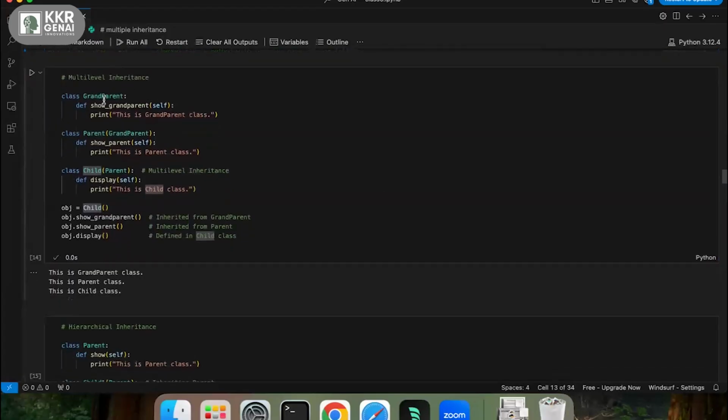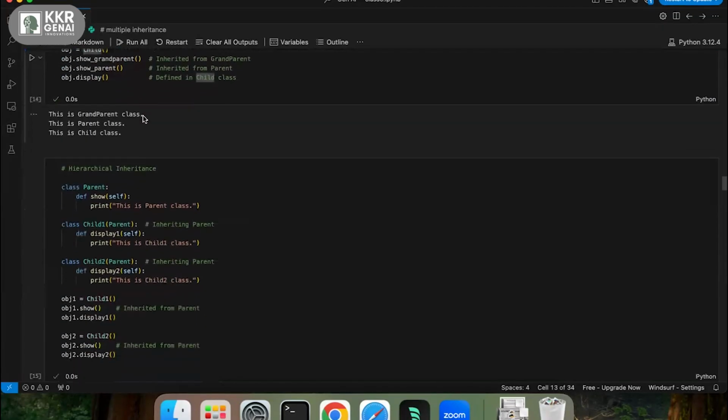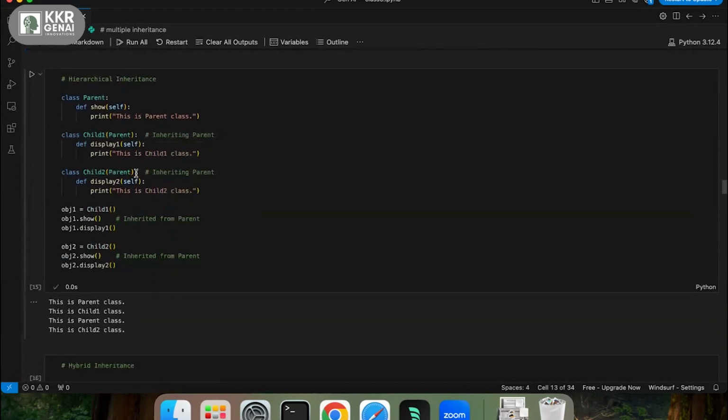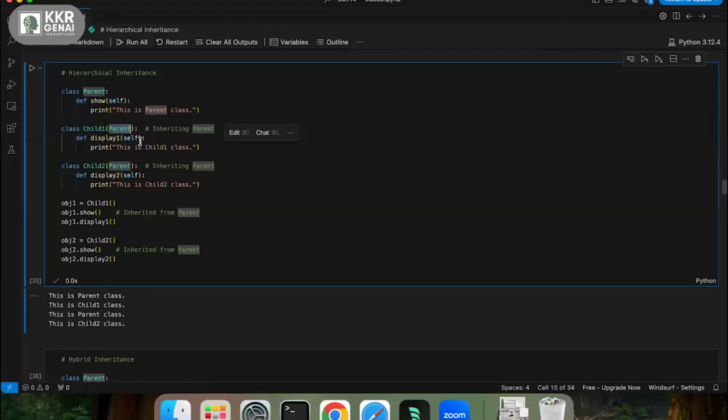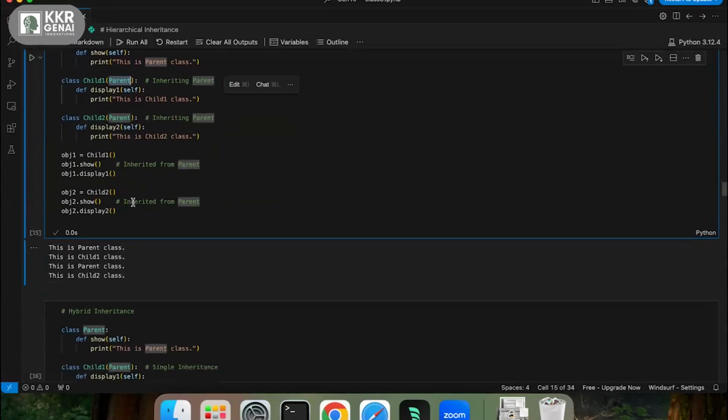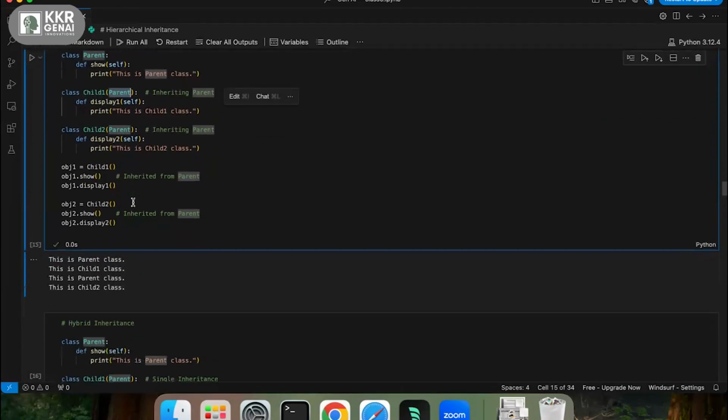And then there is multi-level inheritance where you have grandparent, parent, and then child, or parent, child, and grandchild. Whatever the properties that the grandparent is having, you'll get it for parent, and then whatever the things that are available in parent, you'll get it to child. Actually, this is multi-level inheritance, and then we have something called hierarchical inheritance, where you have one parent and then you have two children. See here, child one is extending parent, and then child two is also extending parent. We are inheriting properties from parent to both the childs. This is called hierarchical inheritance.